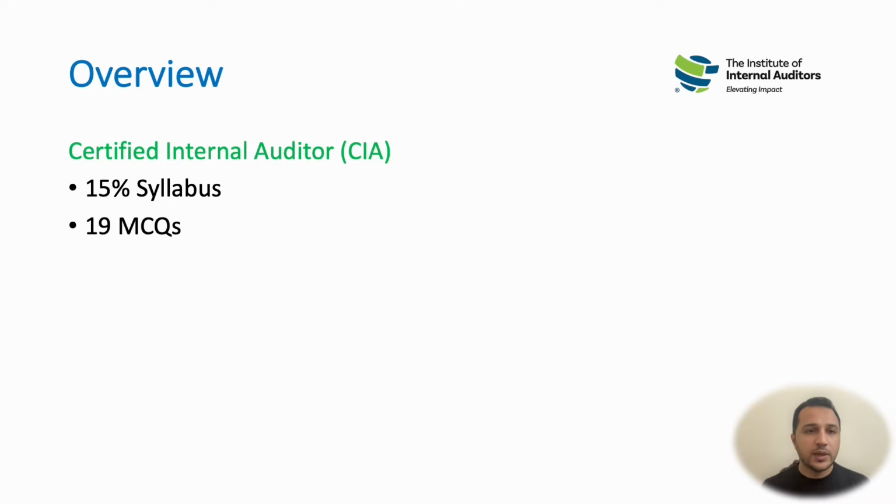This is the first unit, and it comprises 15% of the entire syllabus, which means approximately 19 MCQs out of 125 come from this unit. So if you grasp this unit, there is a high possibility that you will be able to cover about 19 MCQs, or about 15% in percentage terms. It is very crucial to understand, because this unit builds the foundation for all the other units and the entire CIA course, as it talks about standards and other things which are very important for the